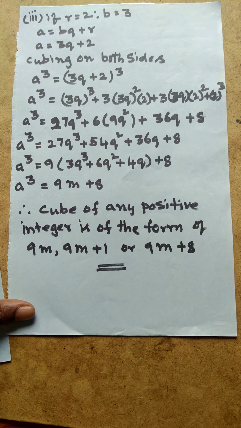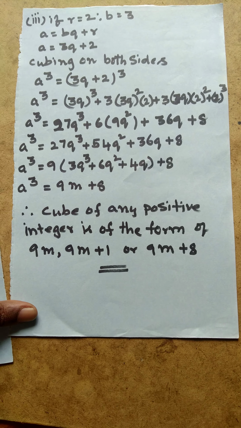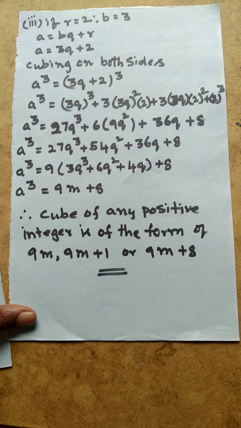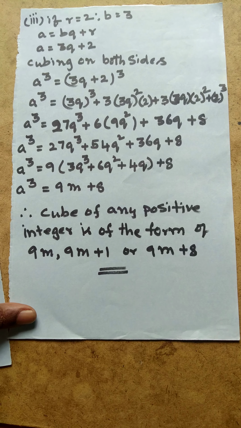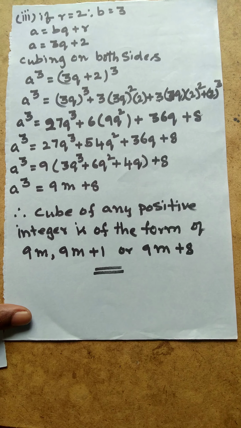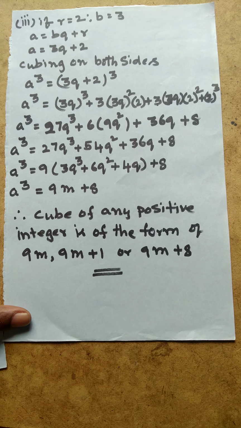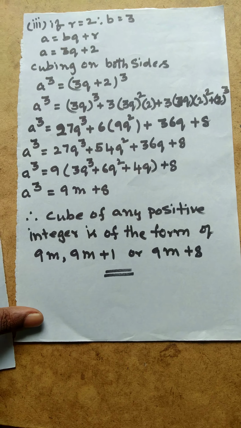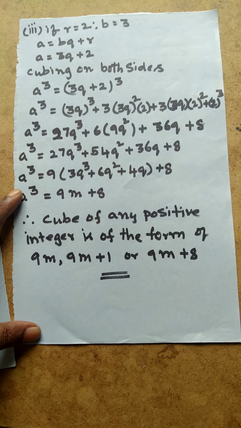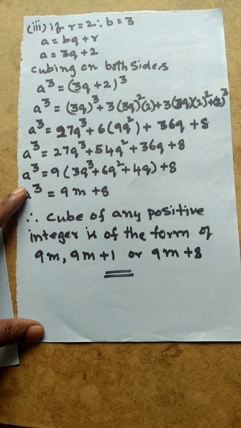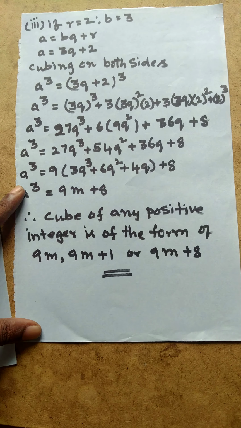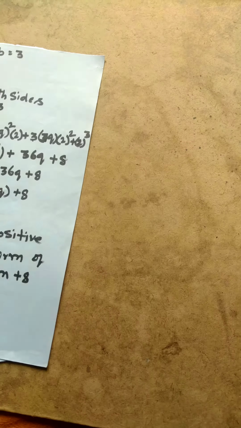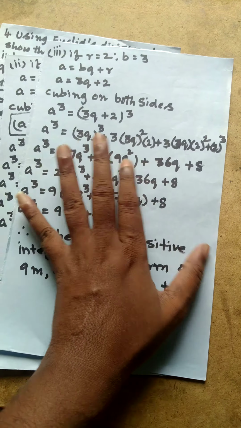If you take the divisor as 9, that is also correct. 9 remainders will come if you take the divisor as 9, that is 0, 1, 2, 3, 4, 5, 6, 7, 8. In total you have to solve 9 cases. Whether we take the divisor as 9 or as 3, we can prove the same result. Although, by taking the divisor as 3, we can solve this problem very easily.